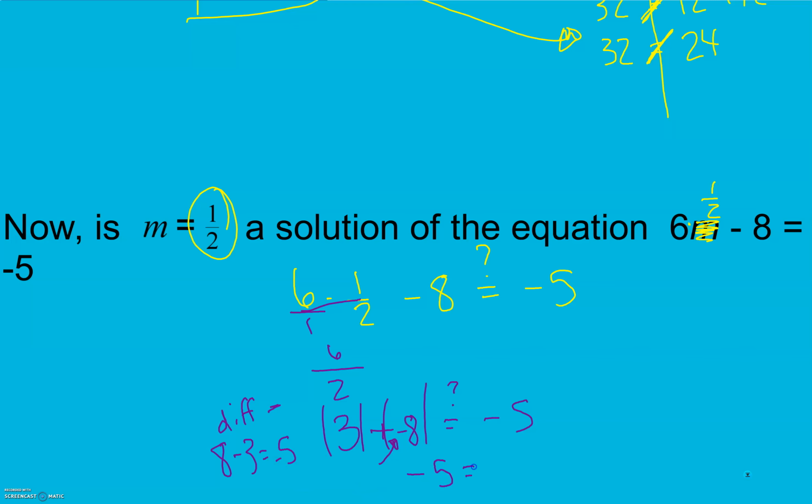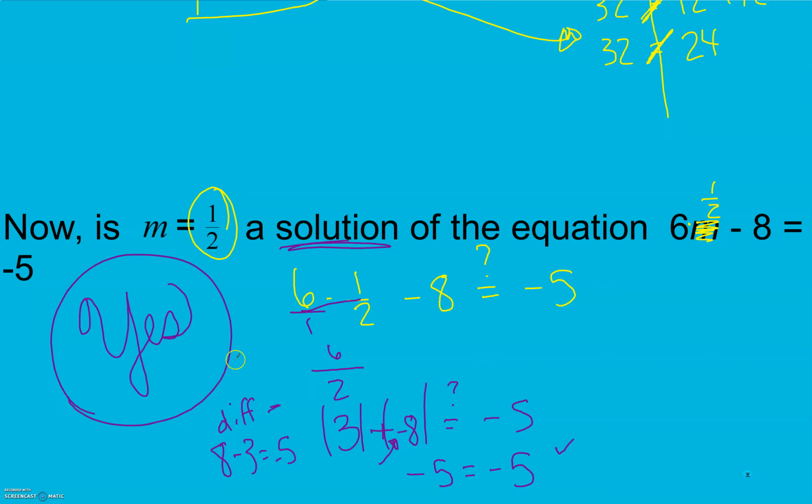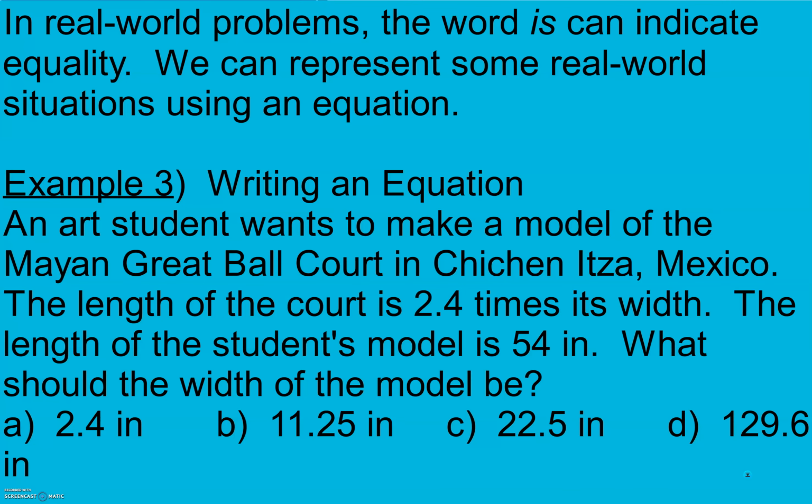I get -5 equals -5, which is true. If it's true, then that means it is a solution. So is it a solution? Our answer here is yes, because it makes a true statement. In real-world problems, the word is can indicate equality. We can represent some real-world situations using an equation. So in example 3 here,